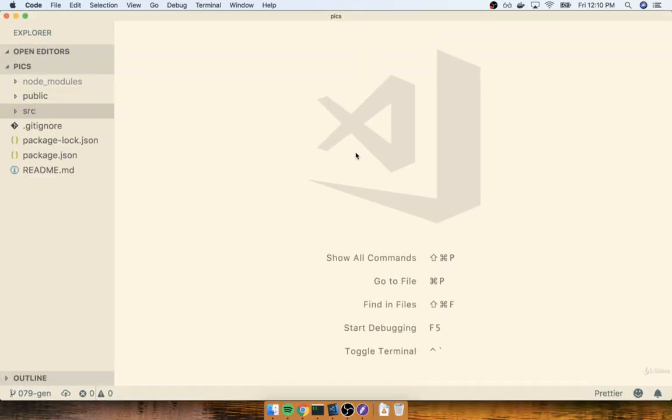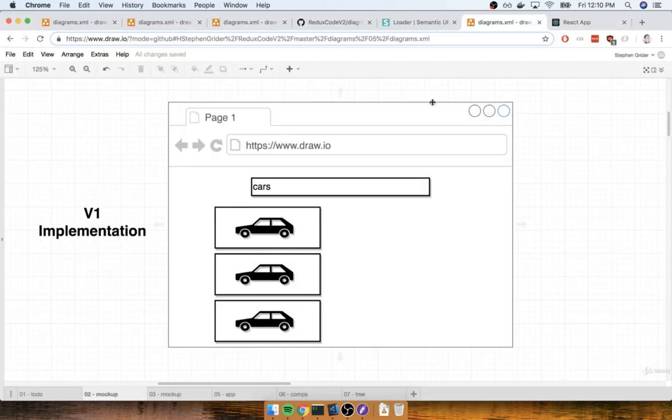Now, before we start writing any code inside of here, I want to do a quick overview on how we're going to generally approach the design of our project. So I'm going to flip back over to our mockup over here. I want to talk about some of the different challenges that we're going to run into around this project and kind of the distinct phases that we're going to break this project into. And then we'll also talk about some of the different components that we're going to end up creating.